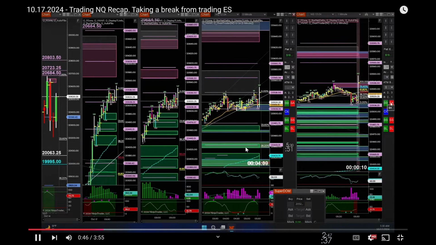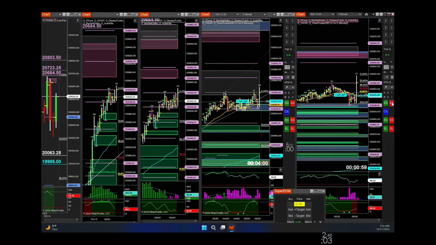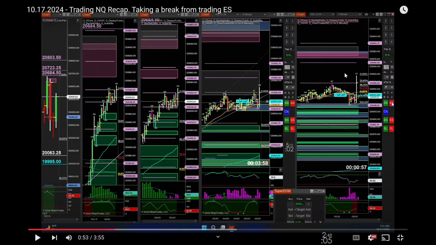All right. So the next trade is right after the unemployment numbers. All right. So this first trade here, I decided to go short. And the reason being is that, as you can see, a big rejection candle here on the 1, the 5, the 15, and the 30, right? And the POC all lined up at the top of the bar. So I decided to go ahead and take one stab short right there.